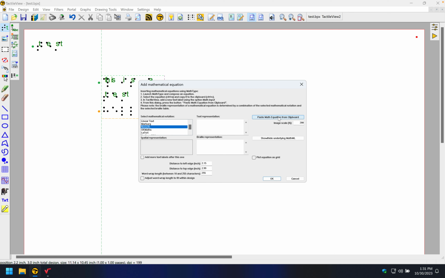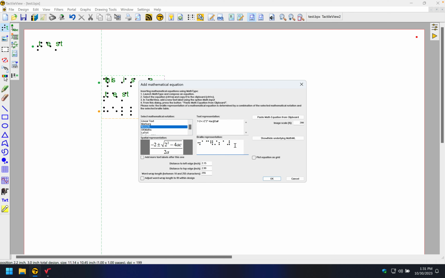And then I hit this button that says paste in math equation from clipboard. So clipboard is where things copy to when you've copied them on your computer. So I have copied that. Oops, something popped up there. I've copied that and I hit paste in math equation. It shows me how that would be written out in just text. It shows me a window with the special, properly visually formatted math, and it also shows me the Braille